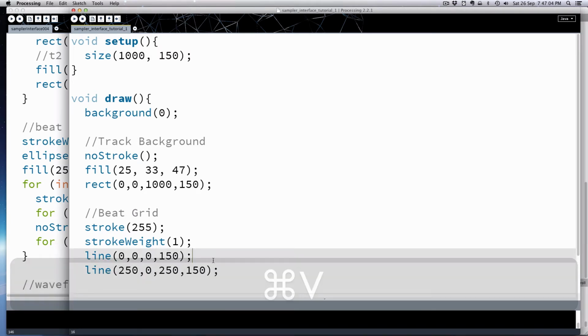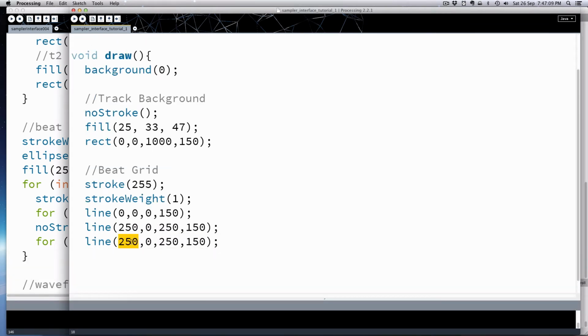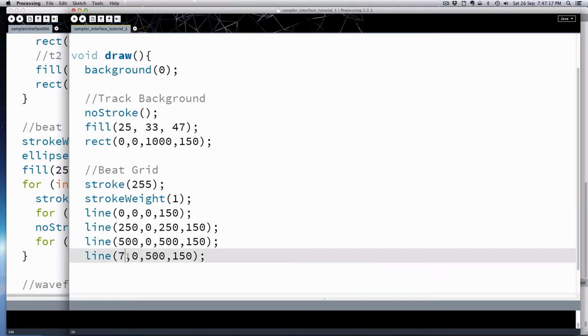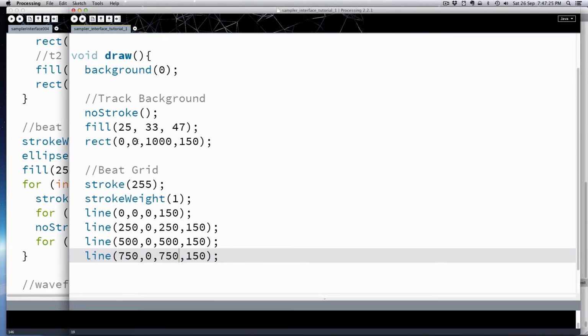$250, $250. And then 500, 500. And then 750. And that'll be our 4 measures. Right, okay, nice. Okay, and then additionally, I thought it would be handy to have our beats marked as well